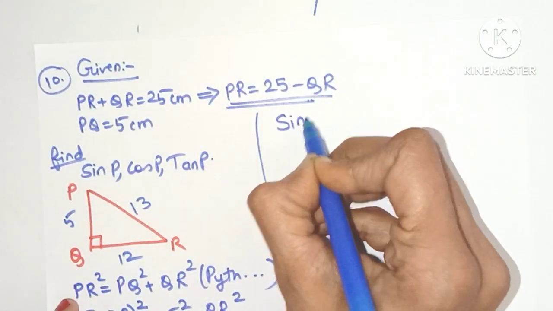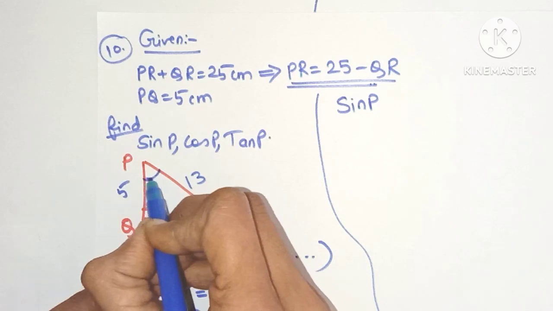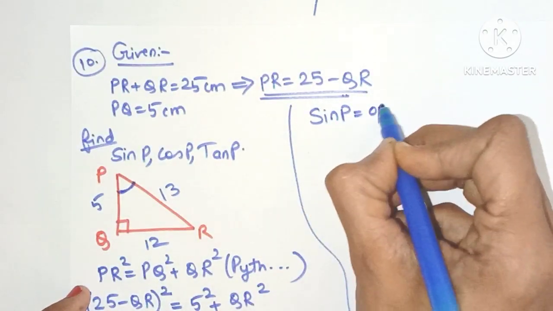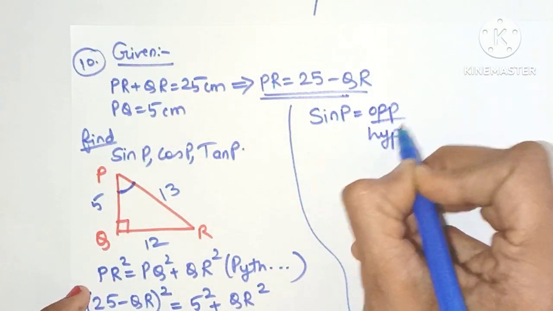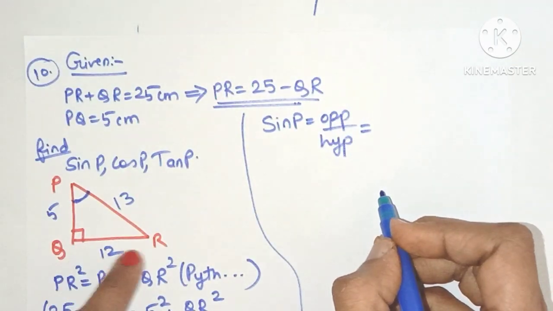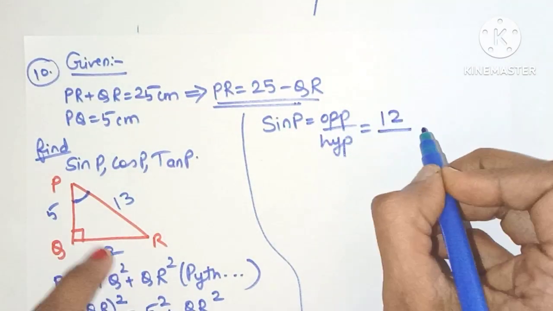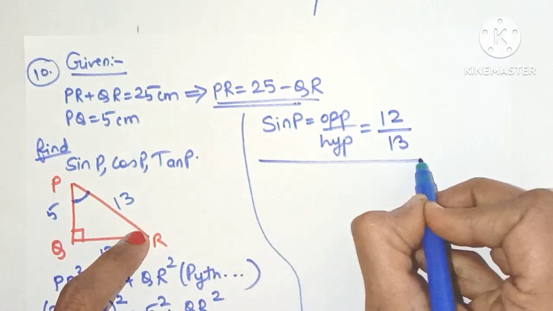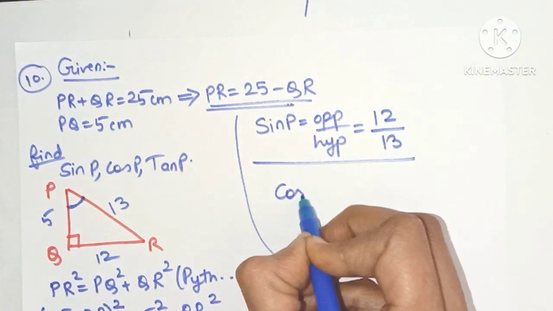So sin P, remember where is my P? It's over here. So sin P is the opposite side by hypotenuse. What is the opposite over here? Yes, it's going to be 12. The hypotenuse is 13, friends. See, very easy. Now I find out cos P